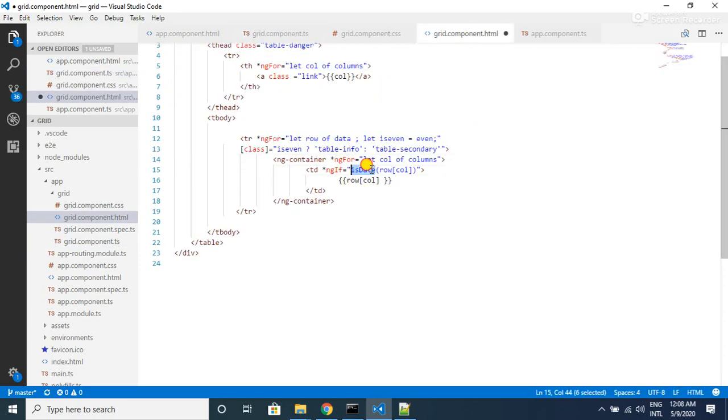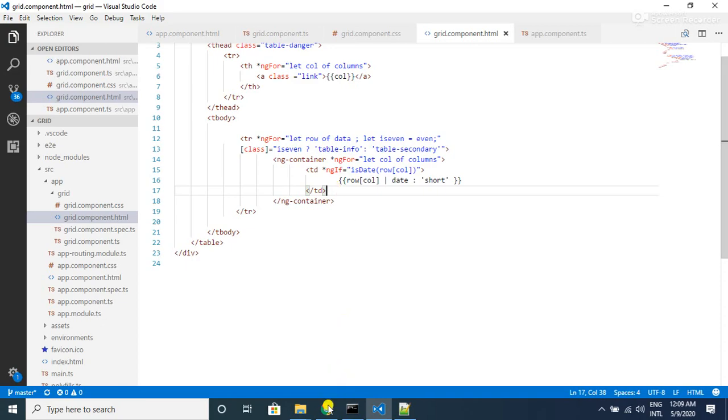So if the object type is date, we want to show the date in a proper format. For that we are going to use the date pipe and we are going to display the short date format in our UI. So let's do that. Let's save the files. And also one more thing: here, if the particular column object is date, then only we will be showing this td element. But what if the type of object is not date? In that case we will not be showing any td element. We are not going to add any td element.